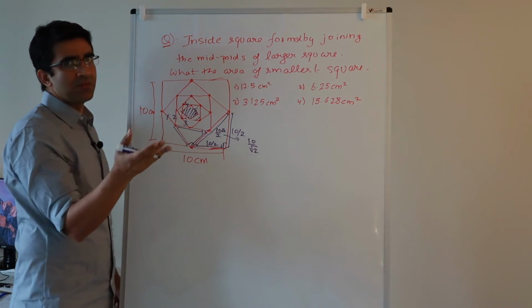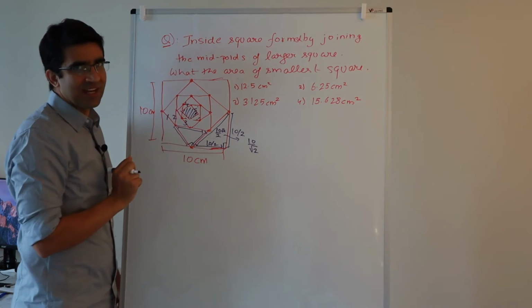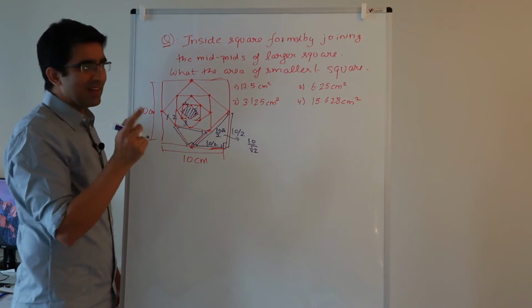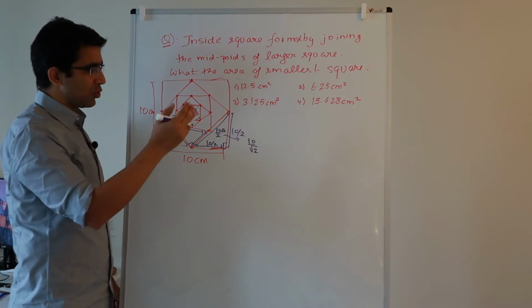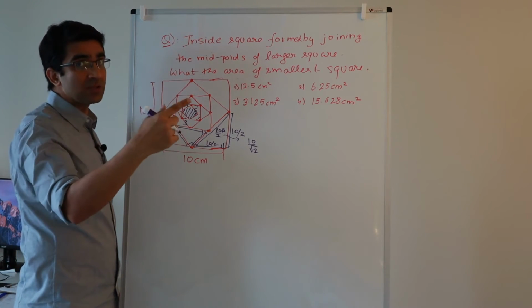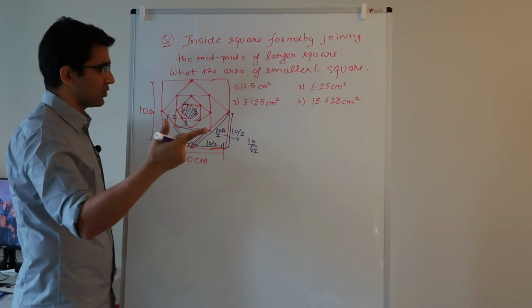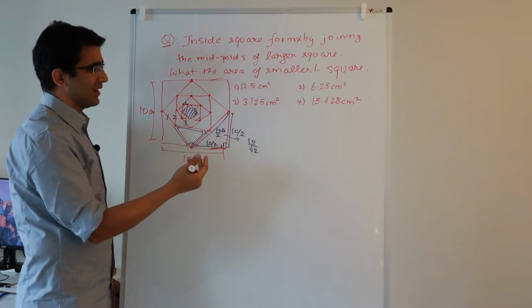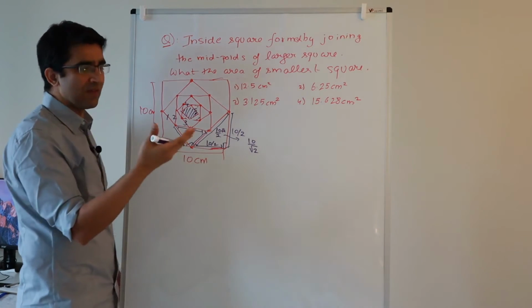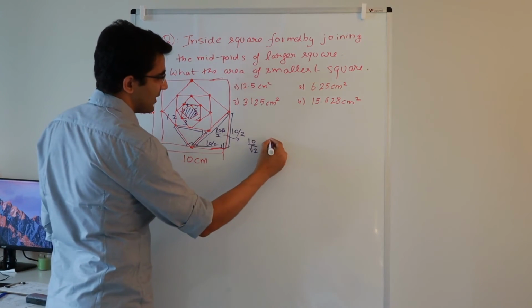So every time you will divide it by 2 because the side is a midpoint. Okay, and then you will apply Pythagoras theorem, you will multiply by square root 2. So multiply with square root 2, divide by 2, you will get an answer of divide by square root 2 every time. So if you do this 5 times,